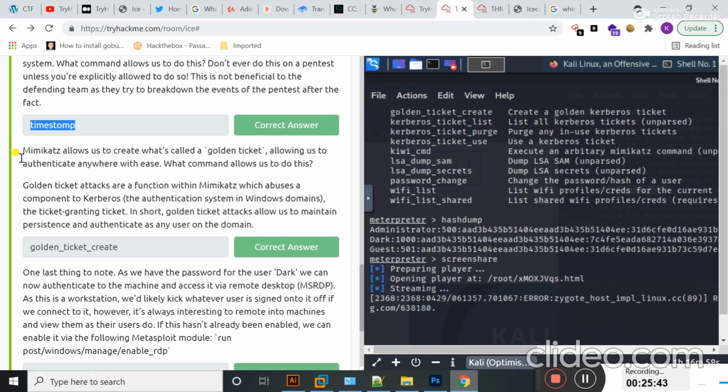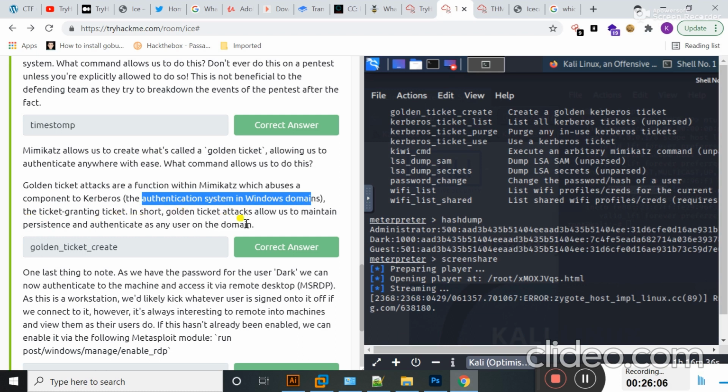Okay, Mimikatz allows us to create what are called golden tickets, allowing us to authenticate anywhere with ease. What command allows us to do this? Golden ticket attacks are a function of Mimikatz which abuses a component of Kerberos. Kerberos is basically an authentication system in Windows domain systems.